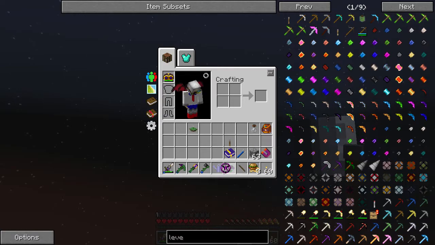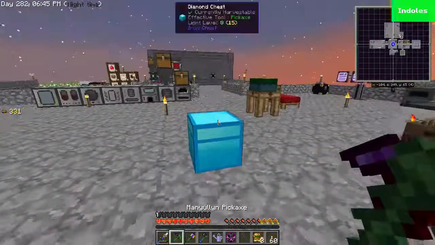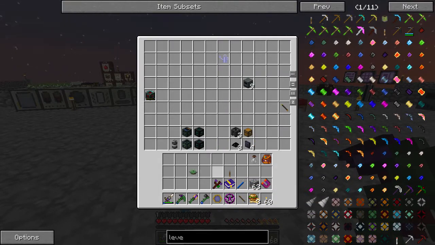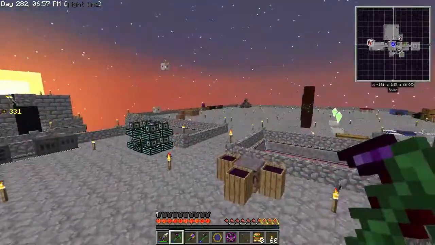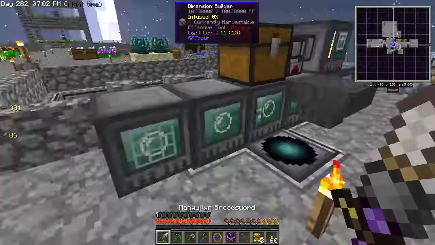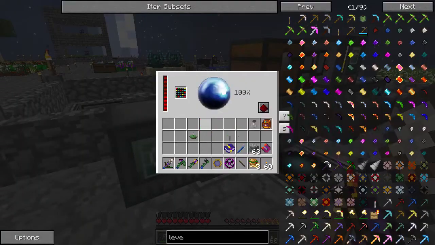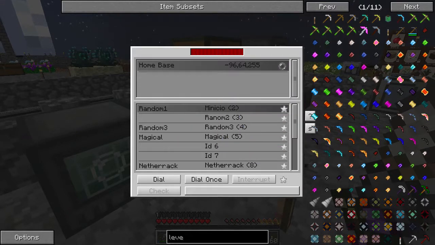You know what, I know a great place to get more stuff. Let's grab this. Keep that there. We'll keep this. I don't need the Wand of the Forest right now. And let's go to Minizio, because I know there is a lot of stuff there. Dial